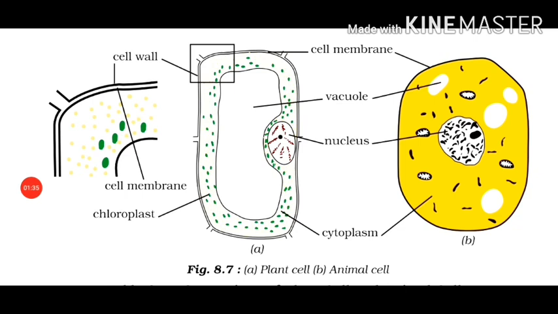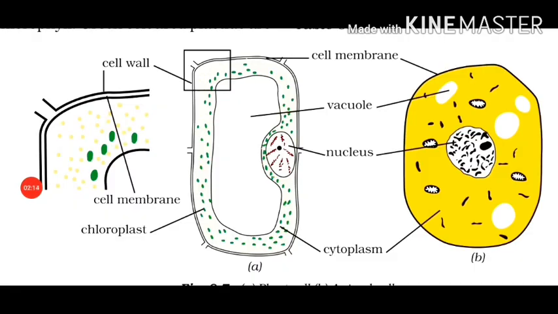Now, what is the function of the cell membrane in a cell? Cell membrane plays a very important role in a cell. It provides support to the cell and gives a shape to the cell. Also, it is helpful in exchange of the materials. Moreover, cell membrane separates cells from one another and also the cell from the surrounding medium. It also allows the movement of materials in and out of the cell. So, it plays a very important role in a cell.